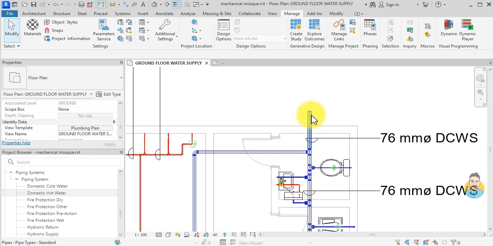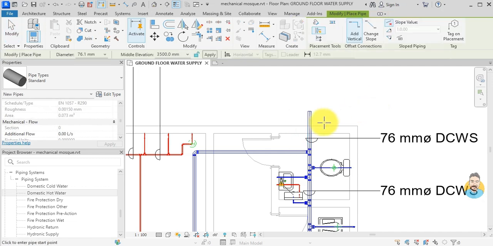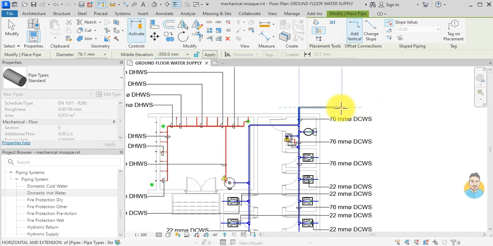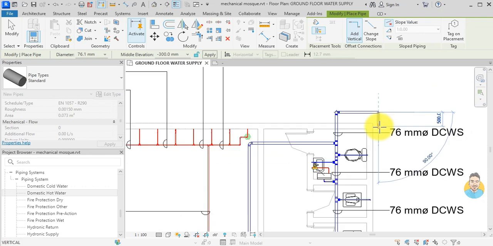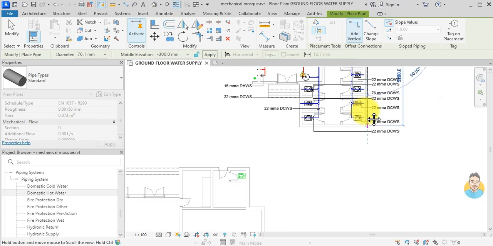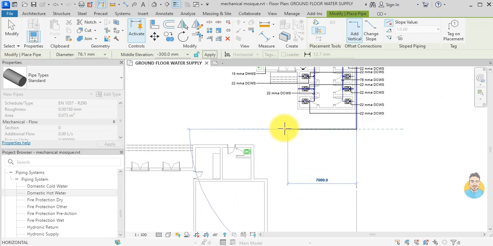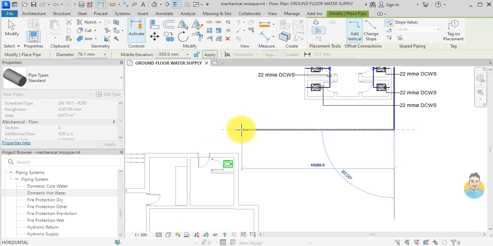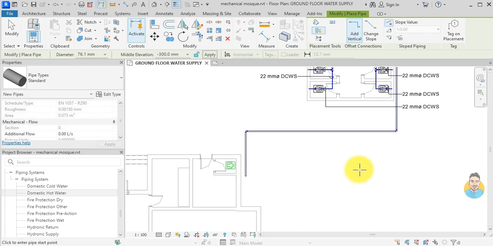And so I click here, CS for create similar, but I need the elevation, the middle elevation, to be minus 300 below the floor. So I click here and I click here. So Revit made the riser for me. Now we are moving under the ground and go all the way to here and here, and I hit escape,